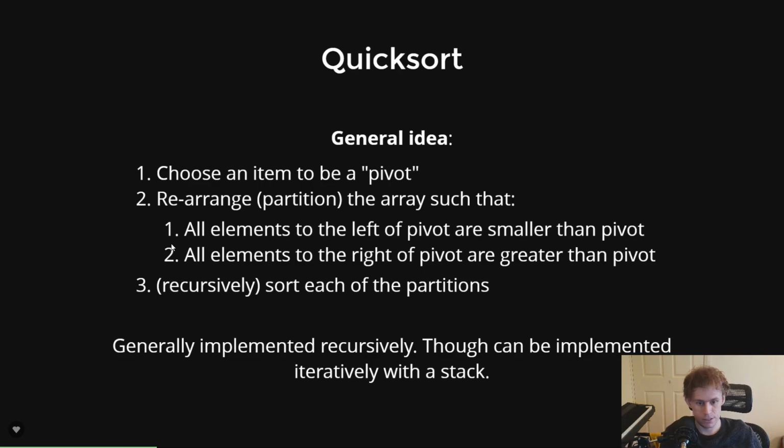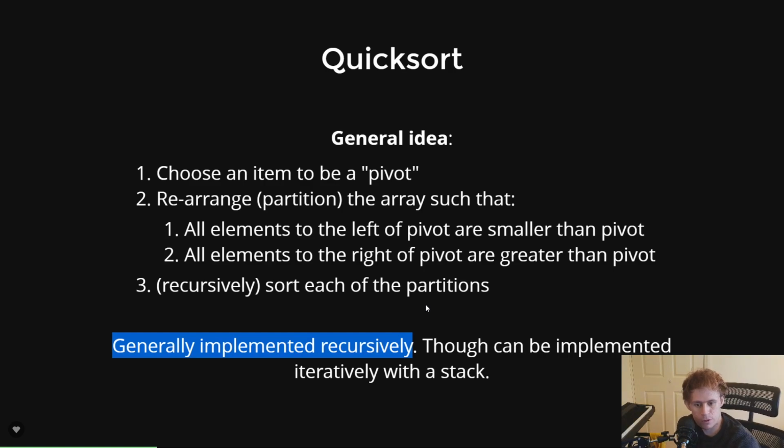So you turn it into two halves, and then you just keep sorting those halves. This is easiest to implement recursively. It can be done iteratively with a stack if you'd like to. I haven't spent much of my life trying to do that because I think it's more confusing. The main reason we point that out is because quite often iterative solutions don't run into